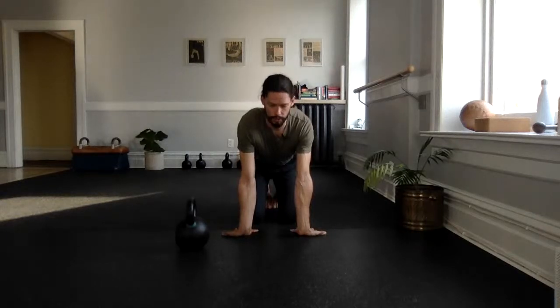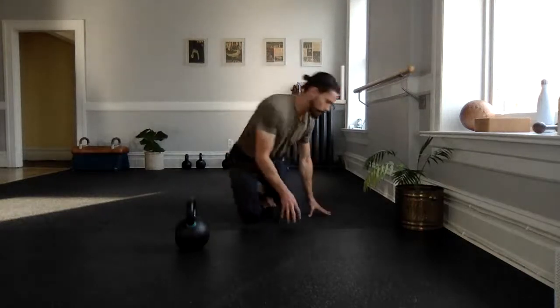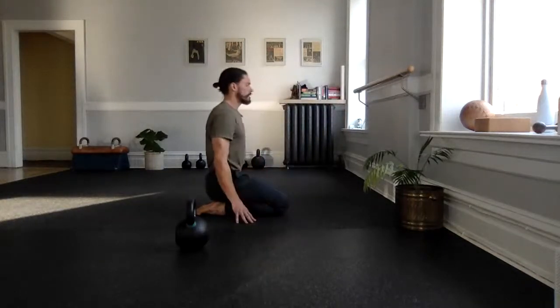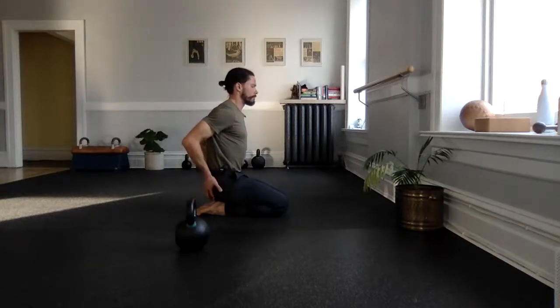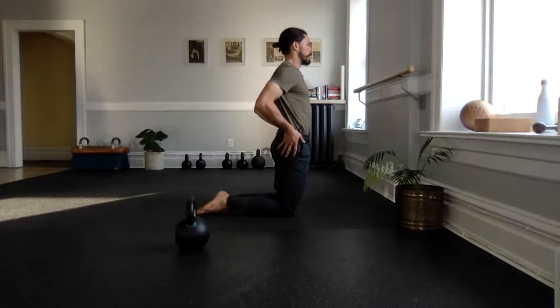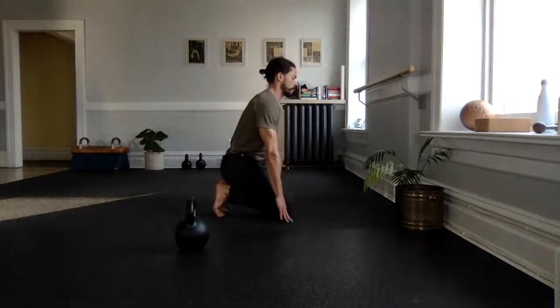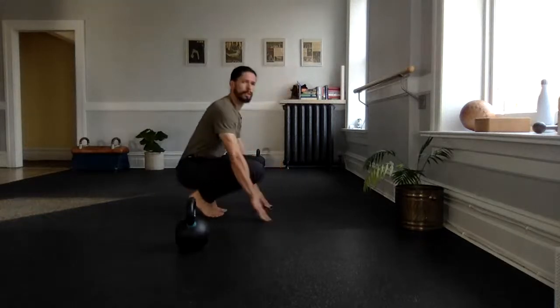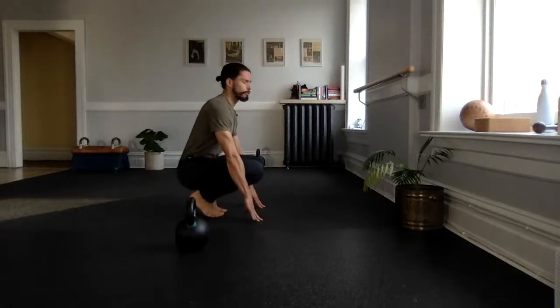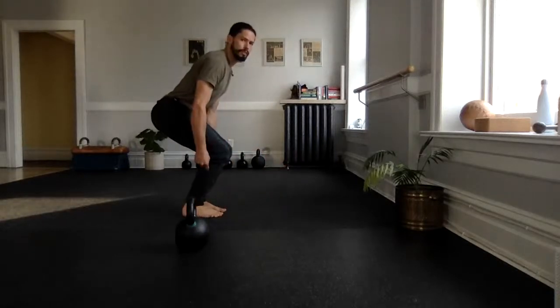From there, we'll slowly bend the elbows, peeling the hands off. And then we're back to our side sit. Stay where you are. Just do my quarter turn. So from here, hands on the bum is optional, but make sure we can feel that hip extension all the way through. Then from there, we'll tuck toes. With hands or not, can you find the balls of the feet? From here, you might have to stand up a little bit, but get to that place where the heels can be down,